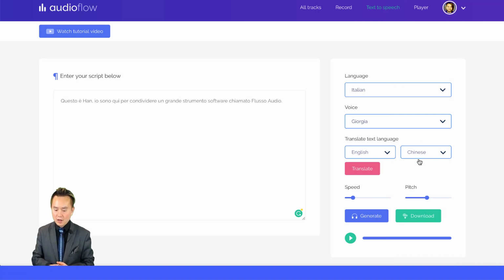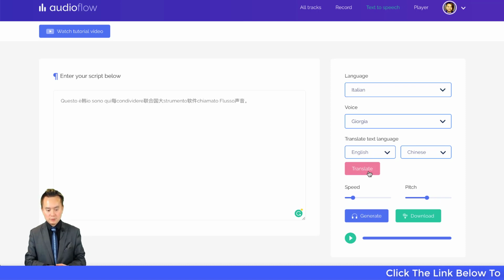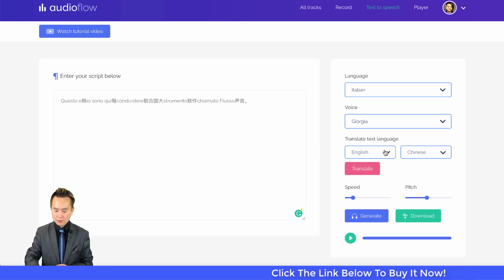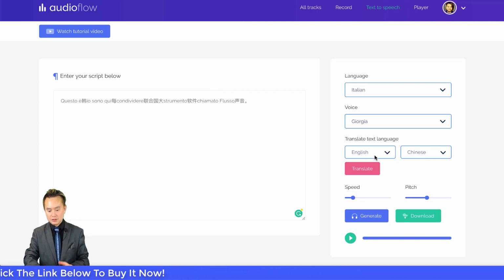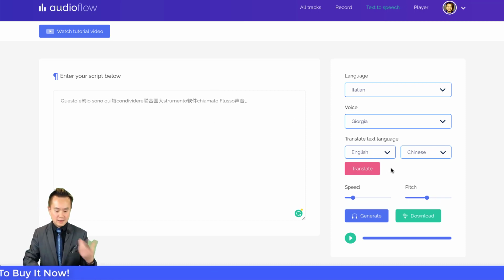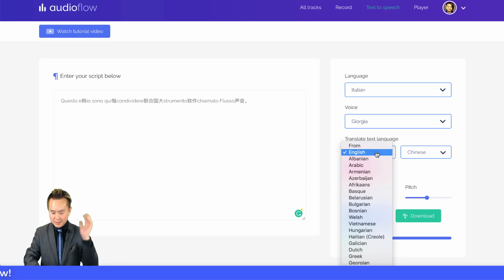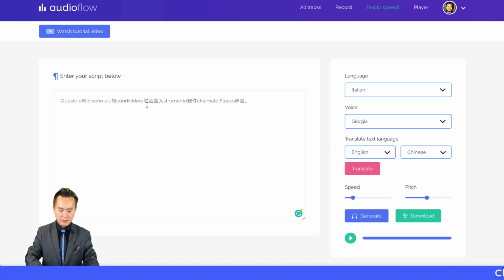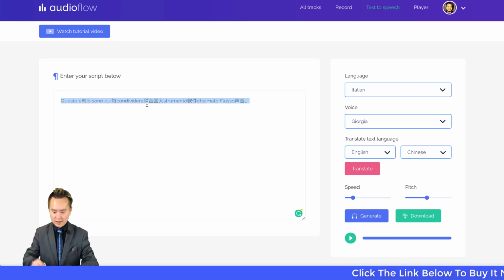It's just taking me a while to actually go through and find the right thing. All right, so it's going to be translate. Ooh, I put the wrong one. Oops. Another thing I don't like about it is there is no undo button. I just made a mistake here. I'm supposed to pick Italian to Chinese, but I didn't do that, right? So it's not all crazy now. This is not Italian, not Chinese, right? Now it's kind of half and half.